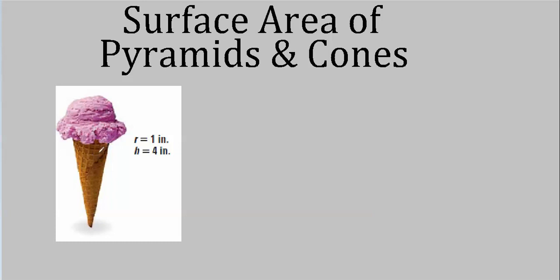Well, they gave us the height. Remember, that's the distance from the base to the vertex. That's not this distance here, but they gave us the radius. So if we were to draw it in, that's 1 and that's 4. We got 4 here, and this is 1. So what would the slant height be? Well, I think it would be the square root of 1 squared plus 4 squared. That would be the square root of 17. And that turns out to be 4.12.